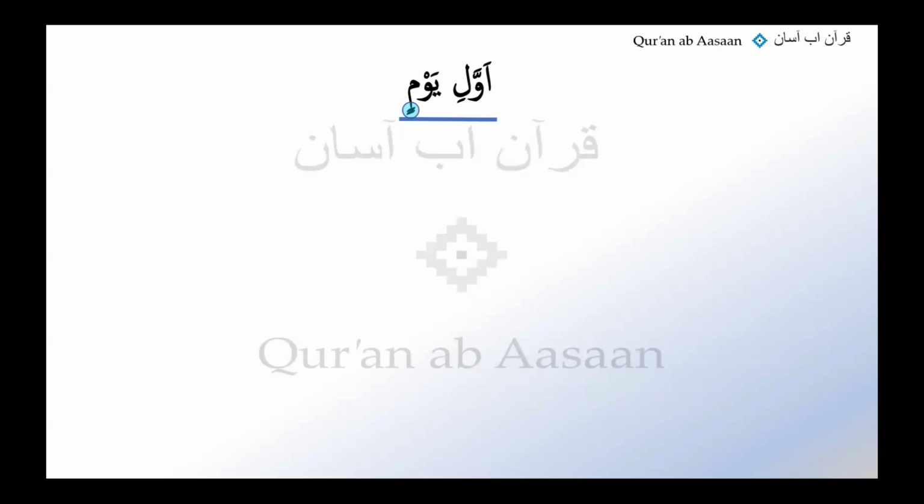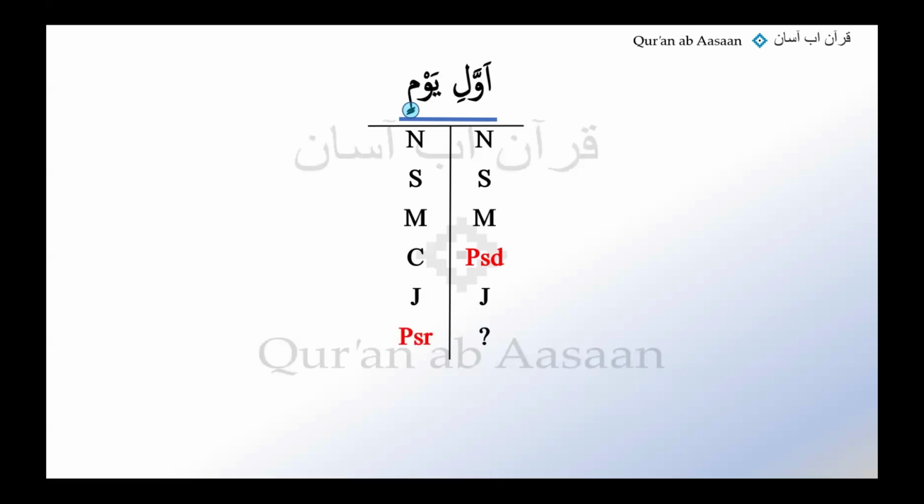And we are going to dissect that. Awwali. Start the analysis. Noun, singular, male, no Noel, no tanween, possessed. Jar, question mark. Yaumin is easy again. Go quick, quick. No extra words. Noun, singular, male, common, jar. Look back. There's a no-Noel, no-tanween possessed noun sitting behind, so it's a possessor. And the translation is the first of